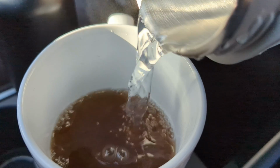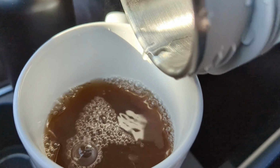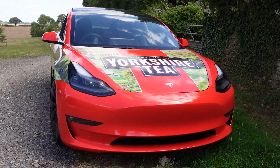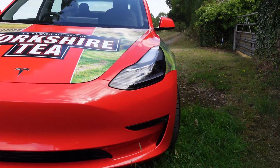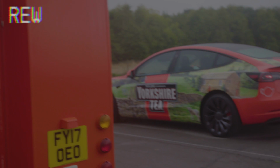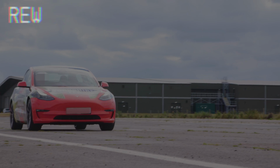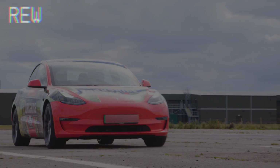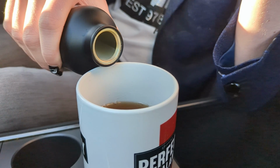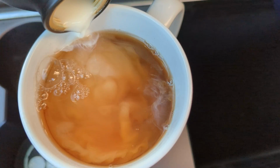Sure, it's the fastest cup of tea ever made, but why is it so special to you? And to you, ladies and gentlemen, this is the Yorkshire Teapot 5000, an entirely electric mode of transportation and tea brewing technology. You see, in that race earlier today where I crushed Little Ern, when I slowed down, my kettle's regenerative braking technology recharged the battery enough to make this cup of tea,